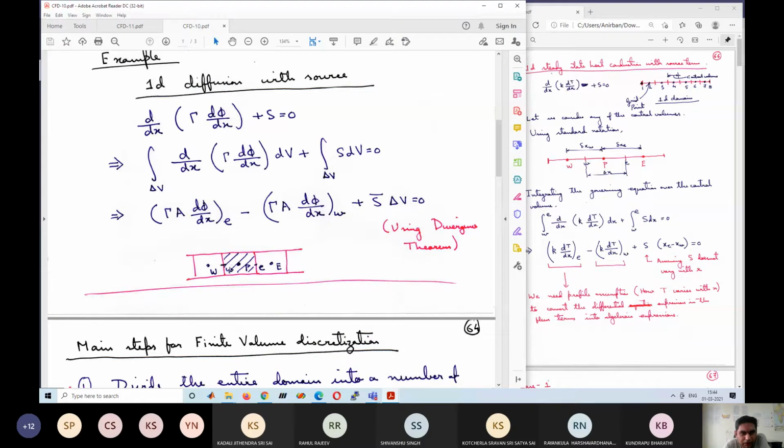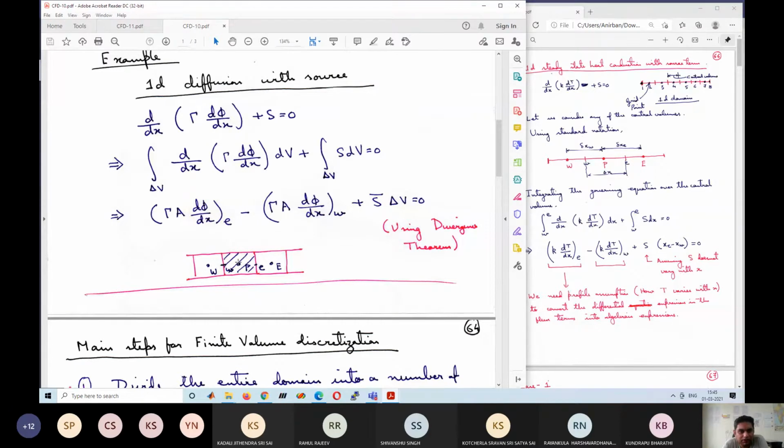Although I am showing them as rectangles, these are actually segments of a line. One of the control volumes we are concerned with goes from small w to small e. The length of the control volume is delta x, going from small w to small e, and its grid point is capital P, at the center of this control volume. Imagine that these are lines, not rectangles; they don't have the height y. I am showing it just as a means to show you how the control volumes look, but actually these are 1D control volumes.